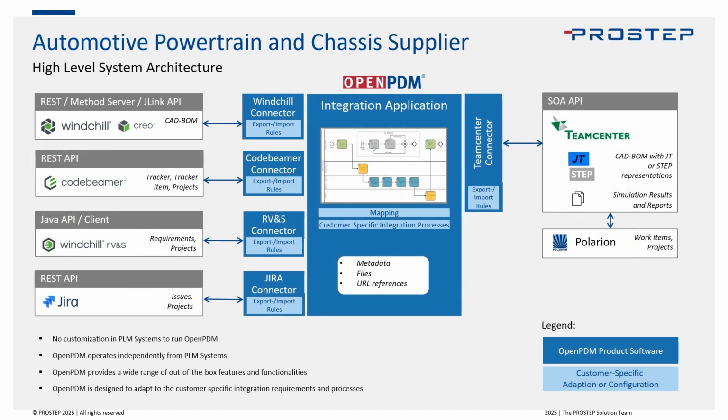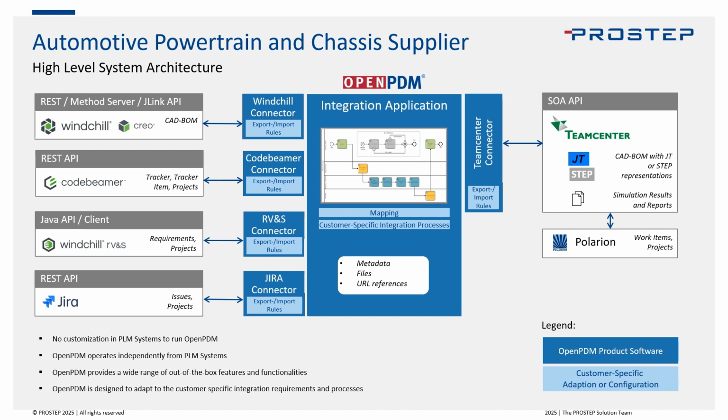So we accomplished this use case at an automotive powertrain and chassis supplier. They have Teamcenter that's used with TC for Sim, including simulation and analysis reports, utilizing JT and STEP data, product data, and integrated with Polarion through their native integration for project and work items there. They have then also Windchill and Creo data that they're using for E-BOM and design that could get synchronized into